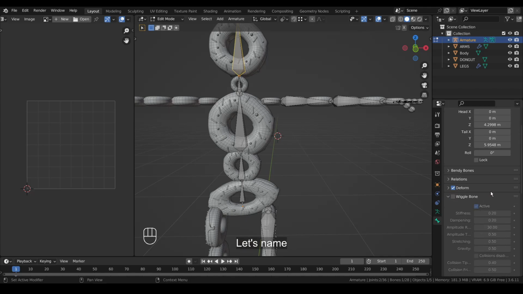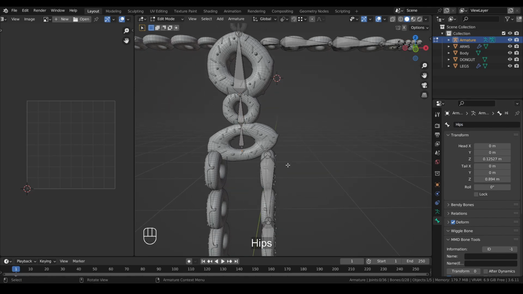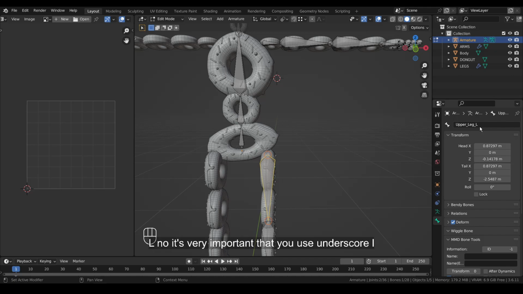Let's name the bones. Call this head, neck, chest, spine, hips, upper_leg_L. Now it's very important that you use underscore L or dot L at the ends of